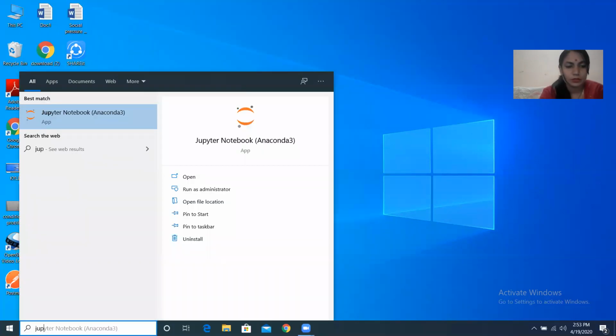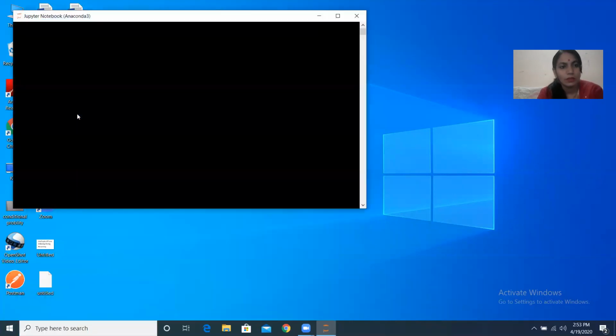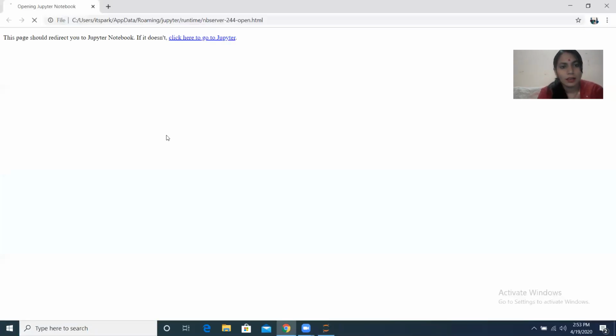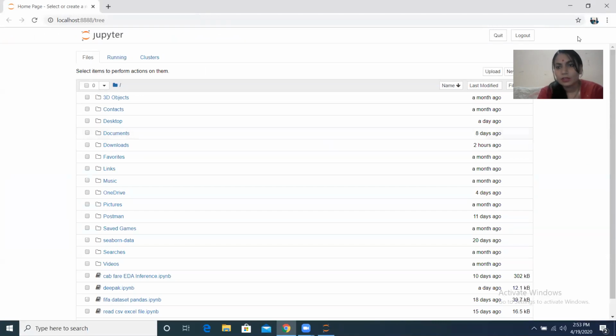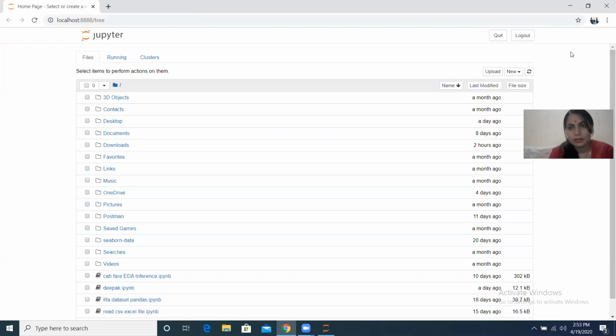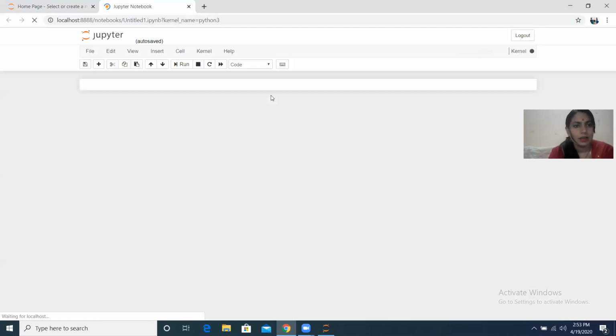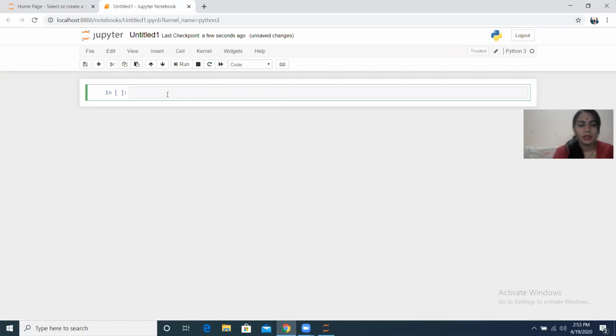First, open the Jupyter notebook, and here it is. Let me create a new file, new Python 3, and this is the new file. Here, in our last class we created a list. Let me call it L1, and for the list we use square brackets, and let me define a sample list using different data types like this.